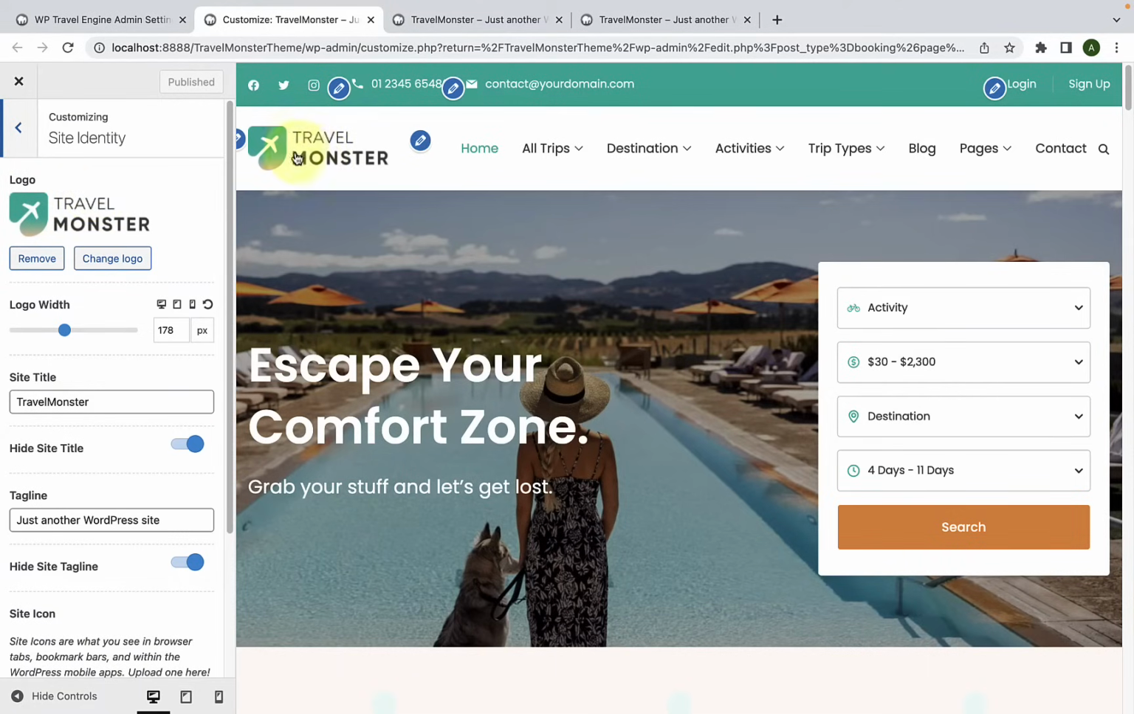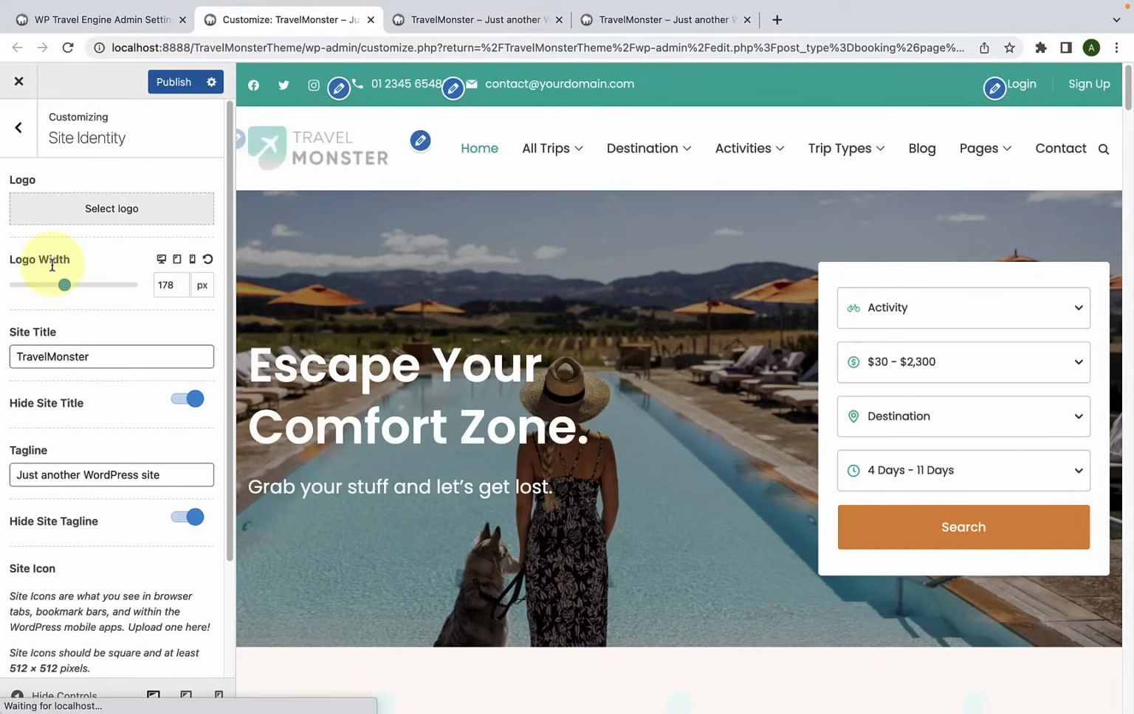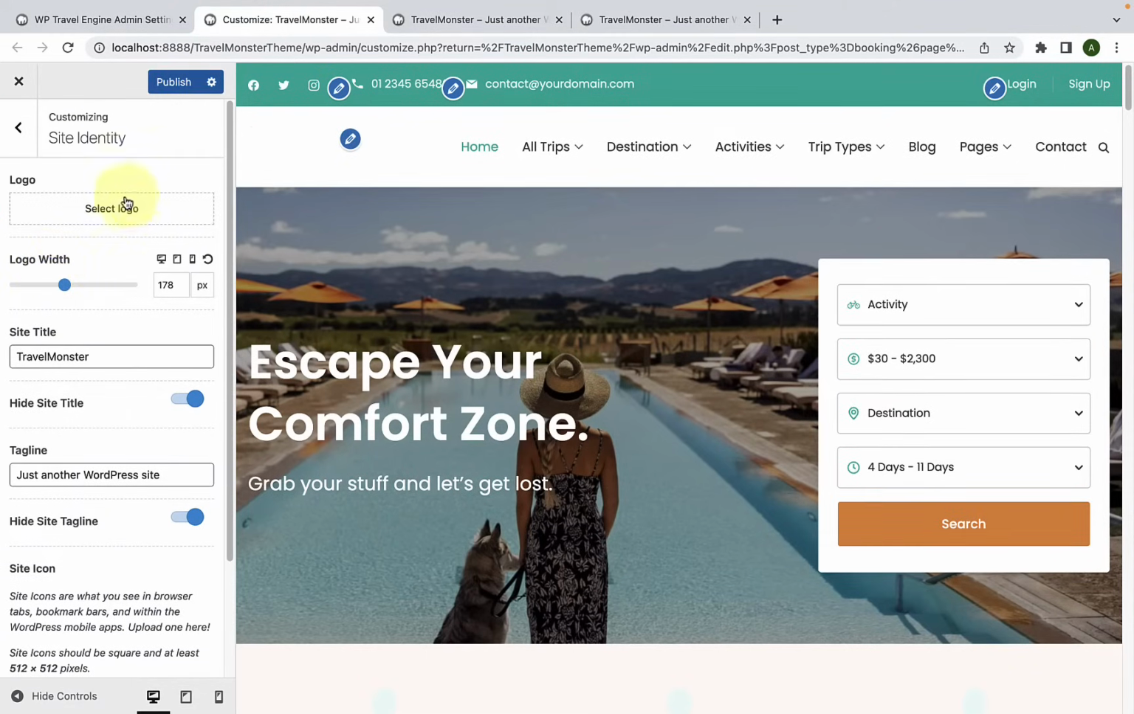Here, the logo is being displayed. If you wish to remove the logo, you can click on the remove button. If you wish to change the logo, you can click on the change logo button. So if you click on the remove button here, this will give you the option to select a different logo. So if you click on select logo,